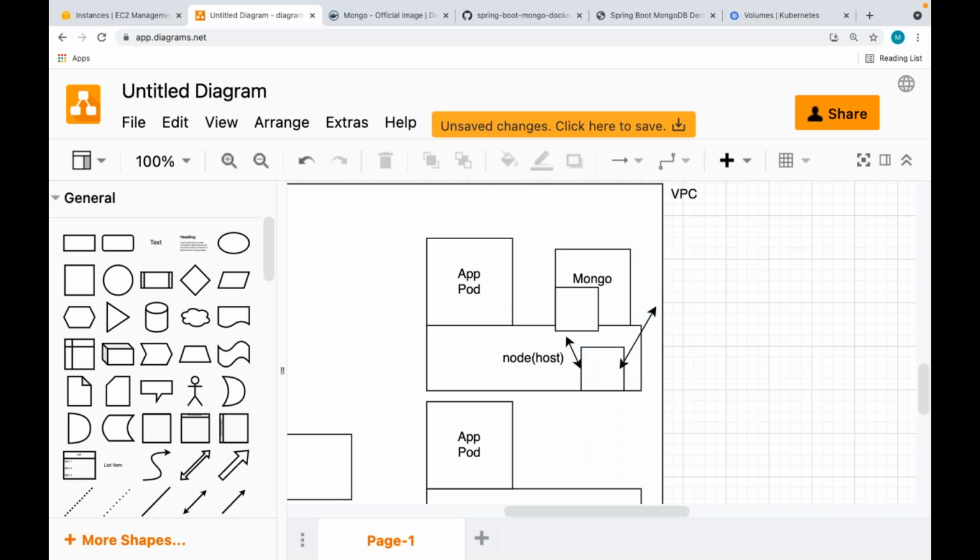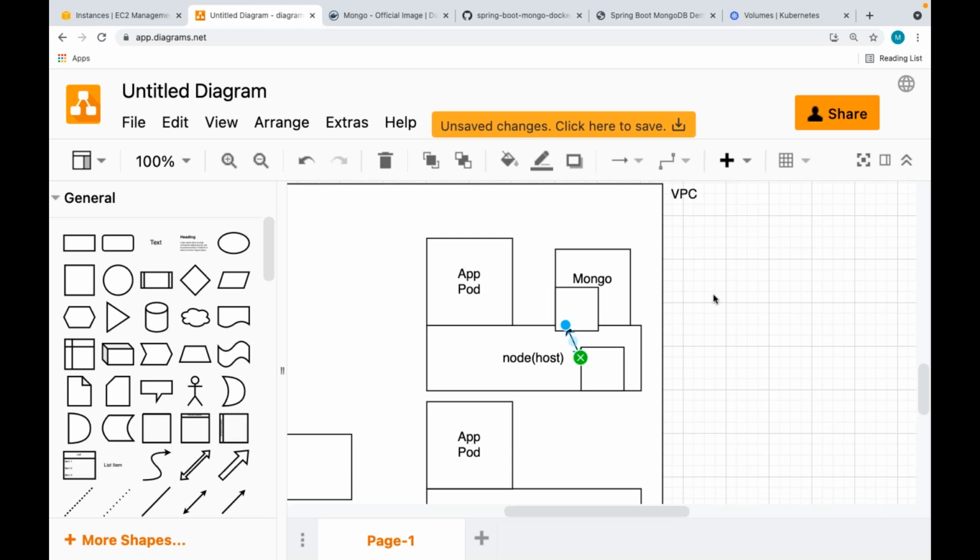What is common for the containers which are running in the same pod, guys? What is common which we discussed? The storage space, as well as the network space.